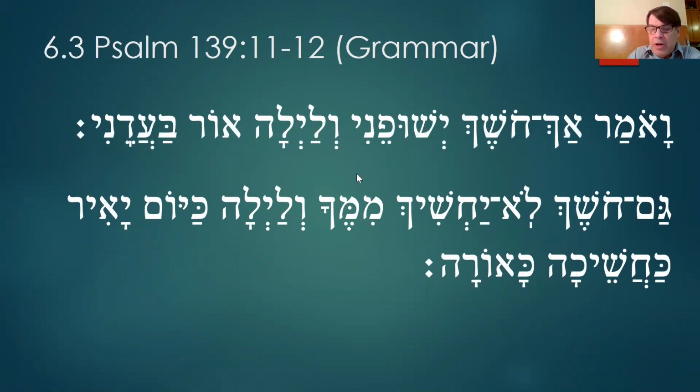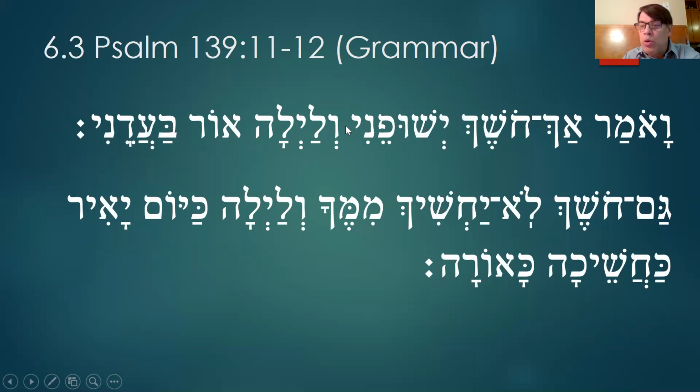But let's look at the rest of them, and I'll break it apart verbally rather than with the plus signs. So this is amar, which means to say. And so there's an implied if again. And he said, somebody trying to get away from God. And if somebody said, ak, surely koshik, surely darkness